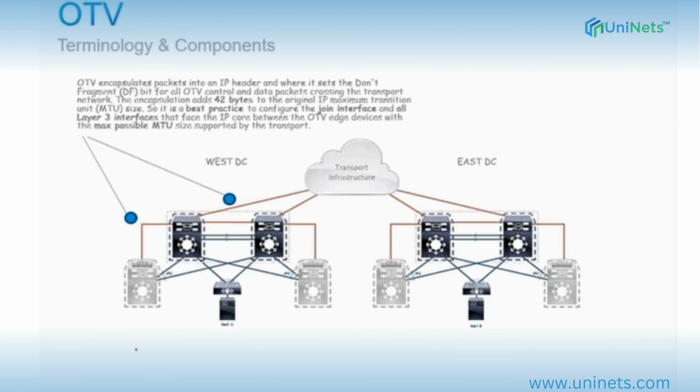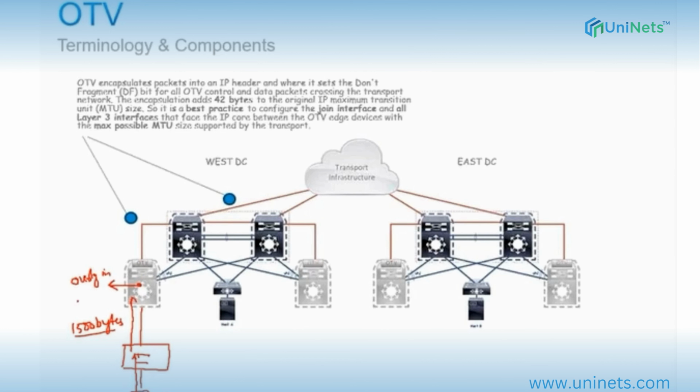Suppose this is your switch, here you connected a LAN environment and it is your server. So suppose this server sends traffic to the switch, and the switch sends the traffic to your OTV device. Generally the Ethernet packet is of 1500 bytes. Each interface is 1500 bytes. Now, once the traffic reaches your overlay interface,